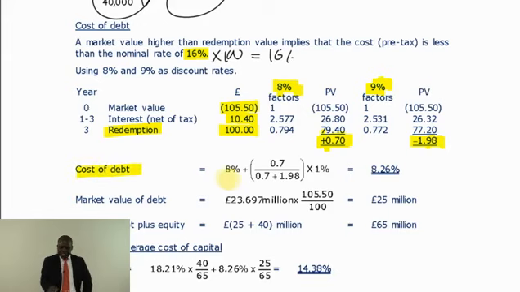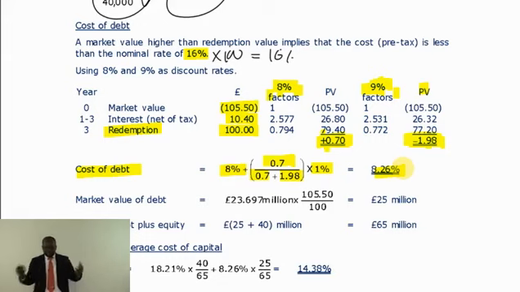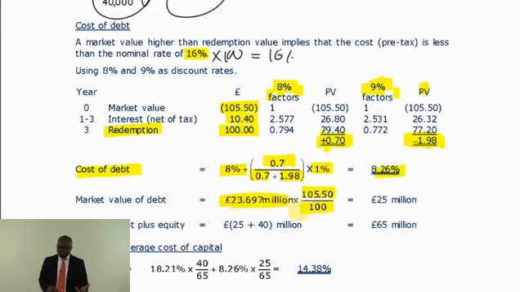We put it in the internal rate of return formula. Lower rate is 8%, NPV of the lower, over NPV of the lower plus NPV of the higher, because this becomes negative. And the difference between the higher rate and the lower rate is 1%. And this is 8.26. We saw all this last week. What will be the market value? Take the total nominal value, multiply by the market price as usual. Don't forget to divide by 100. I've got 25 million.